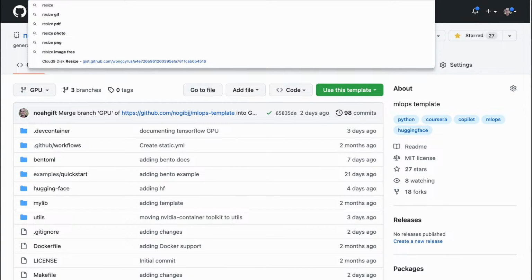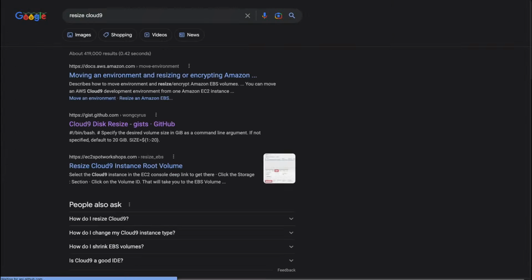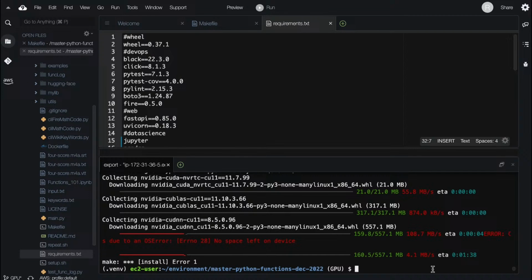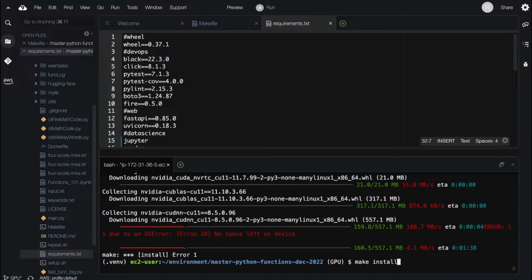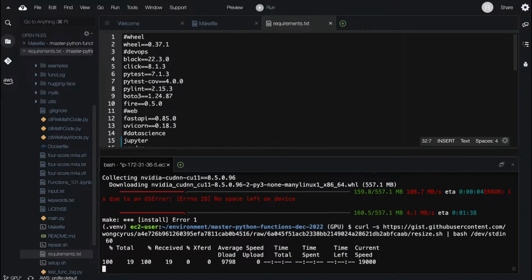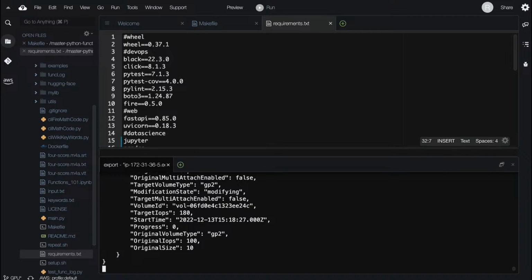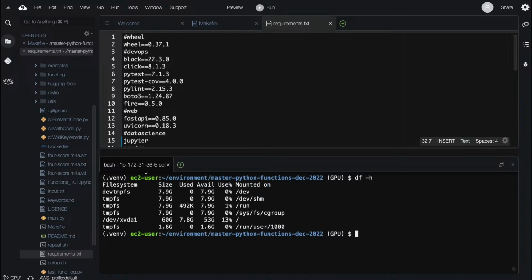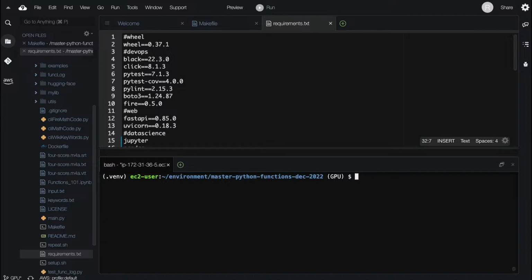If we just go to resize Cloud9 here, we can find this script that one of my friends wrote, and we can just copy it, and we just go here and we just resize it. So the script essentially just runs a bash command that will resize our environment, which is right here. There you go. Now we can resize this thing. Perfect. And then if we just do df -h, we see that there's tons of room, right? 53 gigs now available, because I think it resized it to 60.